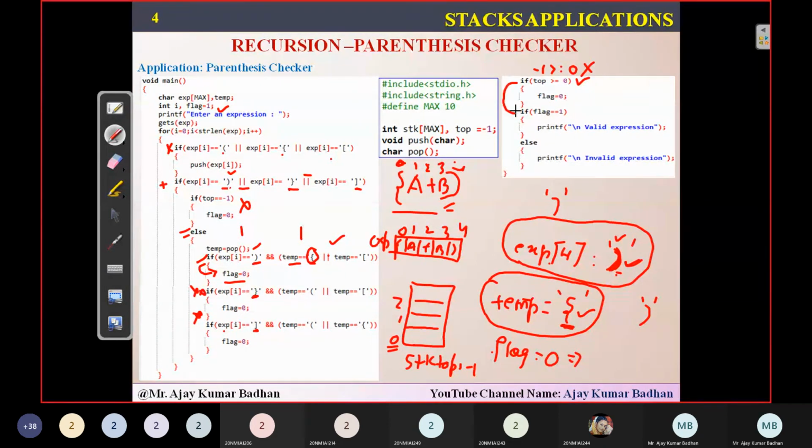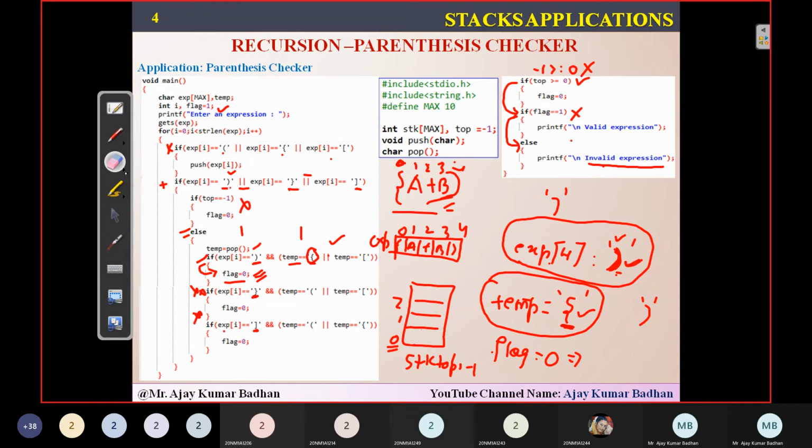So you will be coming to this particular location. If flag is equal to 1, no. What is the flag we have updated now? The updated value is 0. So flag is not equal to 1. The condition fails. So it will simply come here to else: invalid expression. And this is an invalid expression because you have opened a curly brace and you have closed with the normal one. So it will simply print that it is an invalid expression.